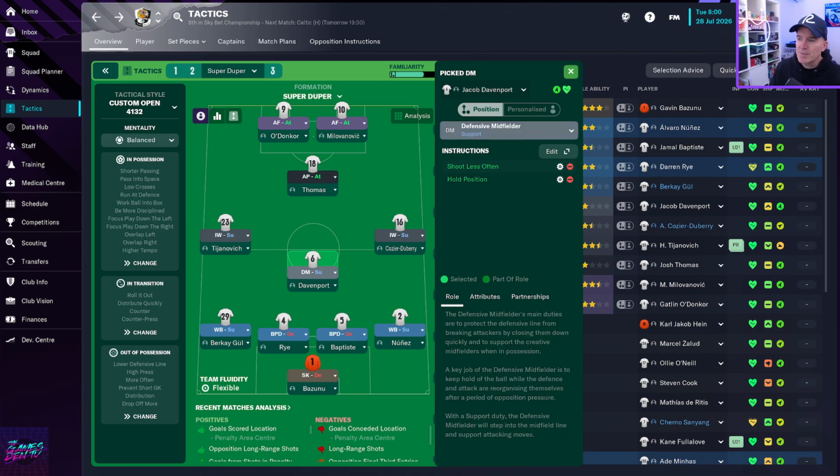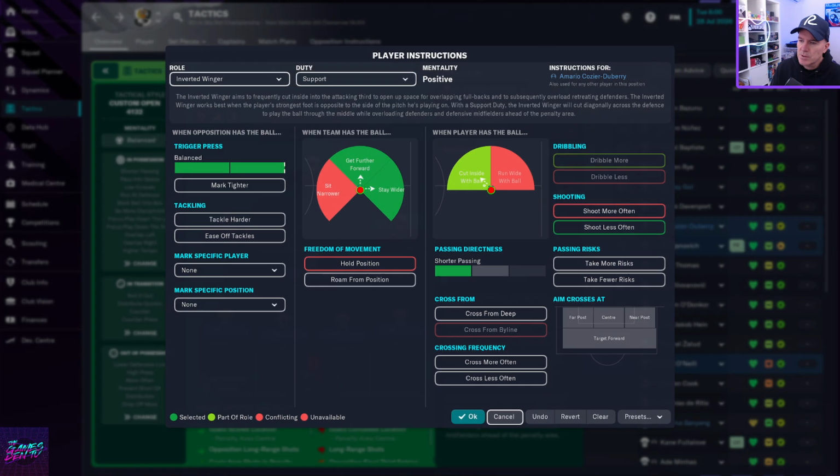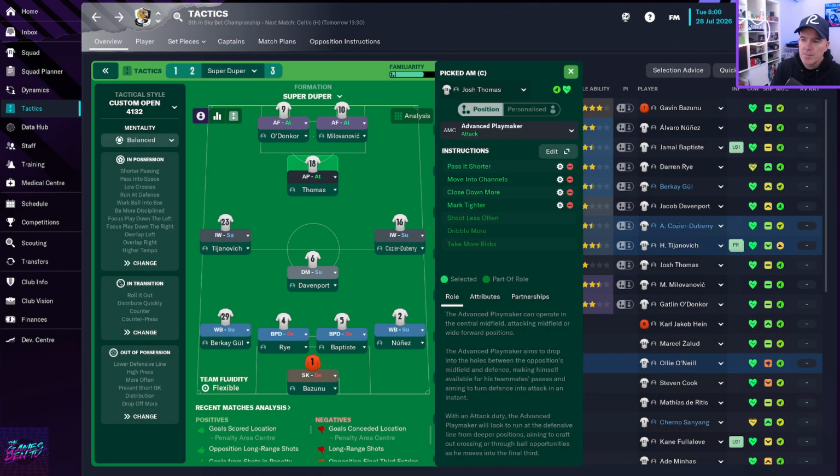Moving on. Defensive midfielder. Shoot less often, hold position, important. He's critical to the team. And then we've got inverted wing backs. It's important to have them on this line. If you move them up to the next line, you don't get possession back as well, I found. Get further forward, stay wider, dribble more, cut inside. Shoot less often, get further forward, stay wide. Okay, I've got to add shoot less often on these. And then we've got